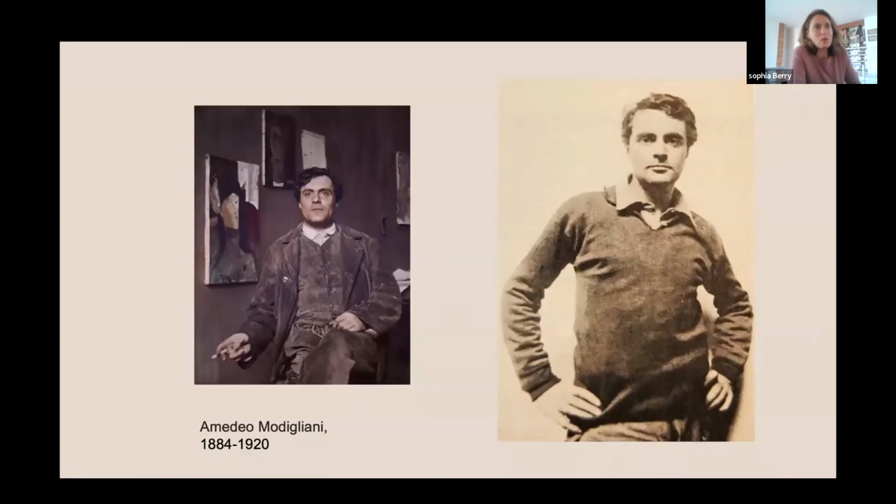Amedeo Modigliani came to Paris around that same time. He was of Italian origin, Jewish Italian, of course. He was quite a figure among those neighborhoods in Paris. He did not have much money, and he tended to like to drink, and he used to walk into bars and coffee shops and say, whoever would give me a drink, I'll give him a painting. But slowly,